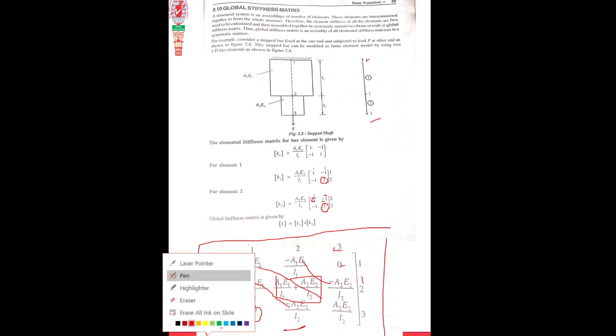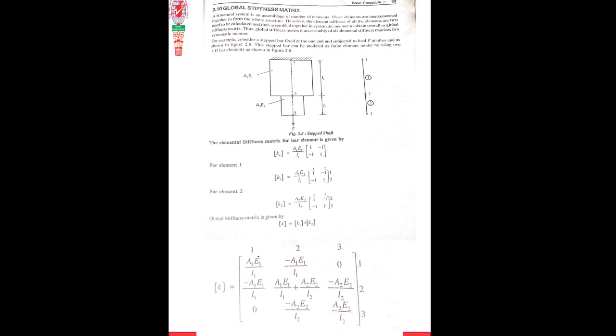The global stiffness matrix is nothing but the addition, or summing, of the individual stiffness matrices. Always it is a square matrix, and outside the band it is always 0. You see that outside the band is always 0. This is a band, and 3 bands are here, with 0, 0. That is the first property. And the order depends upon the number of nodes; with 3 nodes it is 3 by 3.